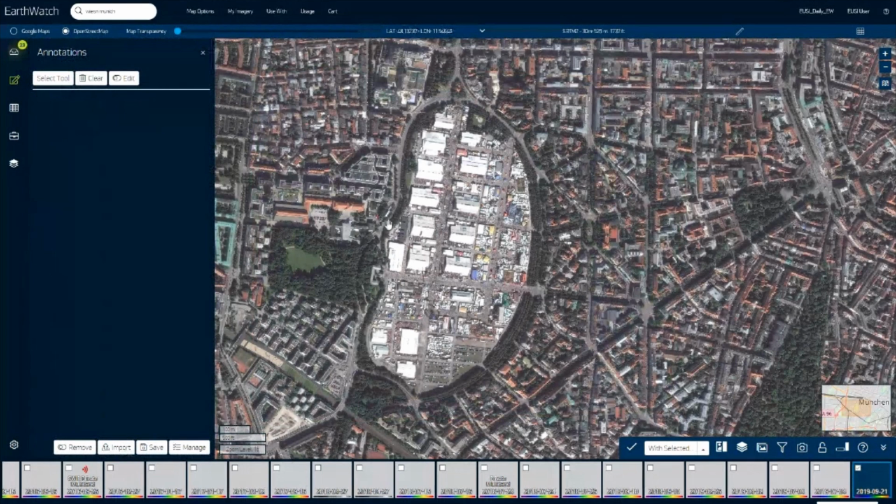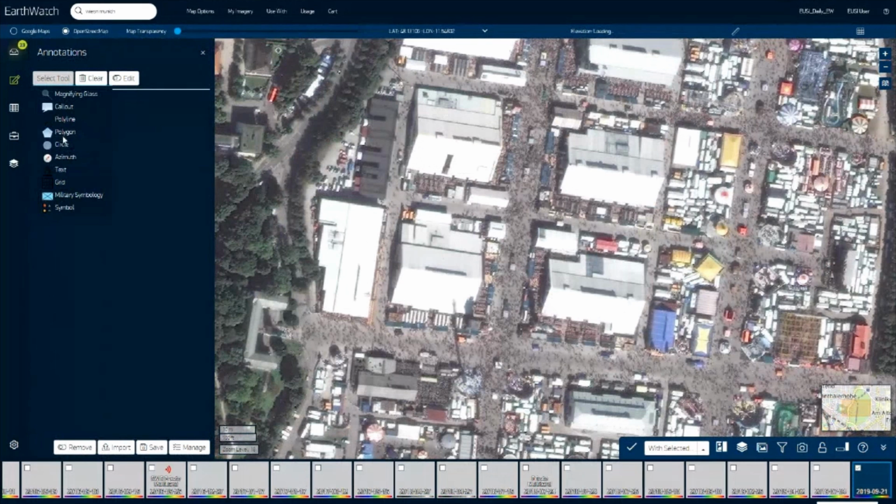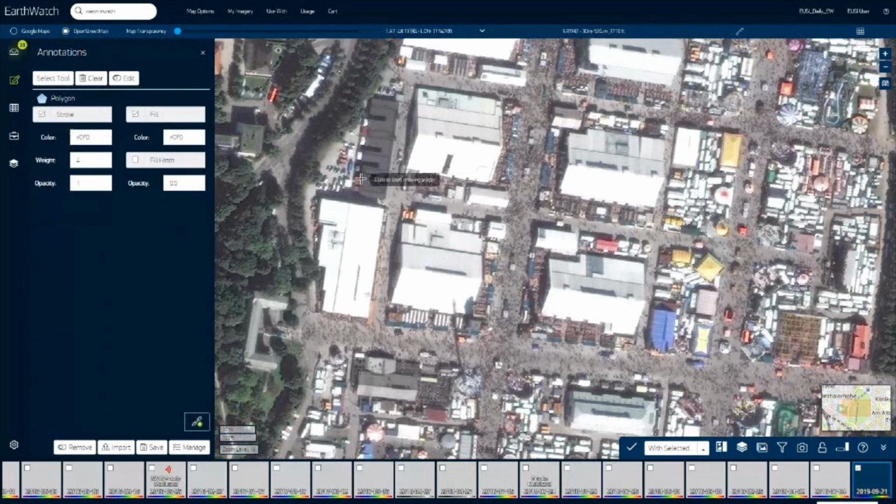So I will zoom here. We have a set of tools: the magnifying glass, callout, polyline, polygon, symbols, text, and so on. I will digitize the tents, for example. I can do that directly within the web interface.